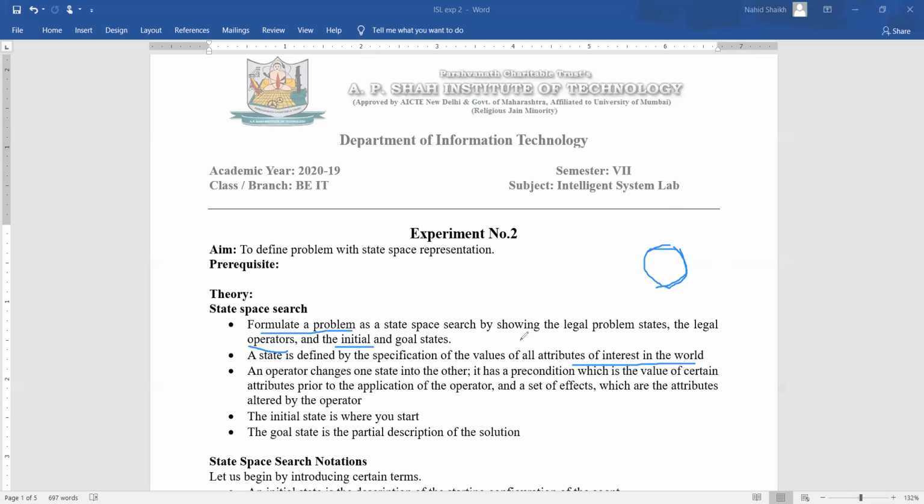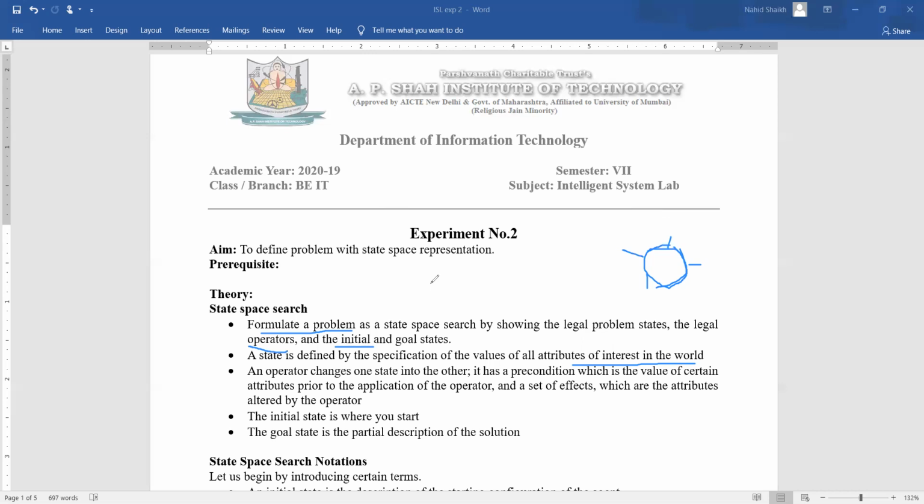Now there is an operator. Where we consider the taxi driver agent, you can move forward, you can move backward, you can take right, you can take left. So you can change your direction, all these things you can do. That is nothing but the operators. You apply brake, you apply accelerator, so these all come under the operators which you will be using to make the new state.